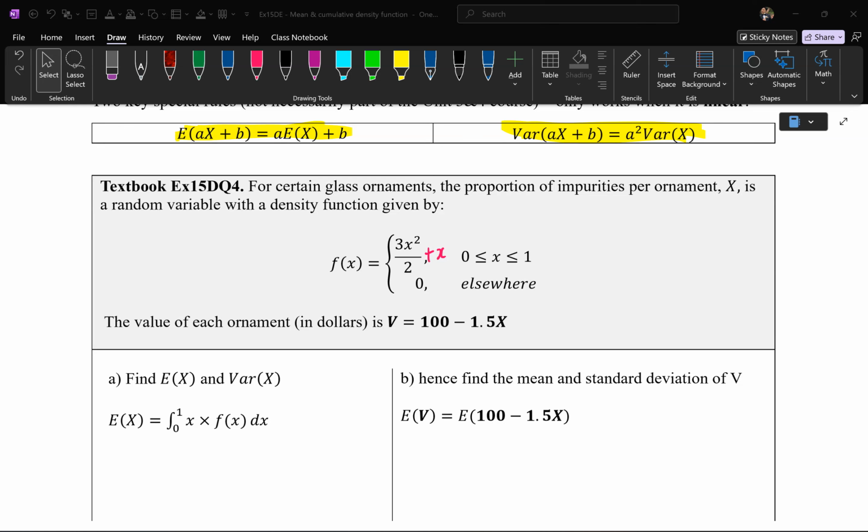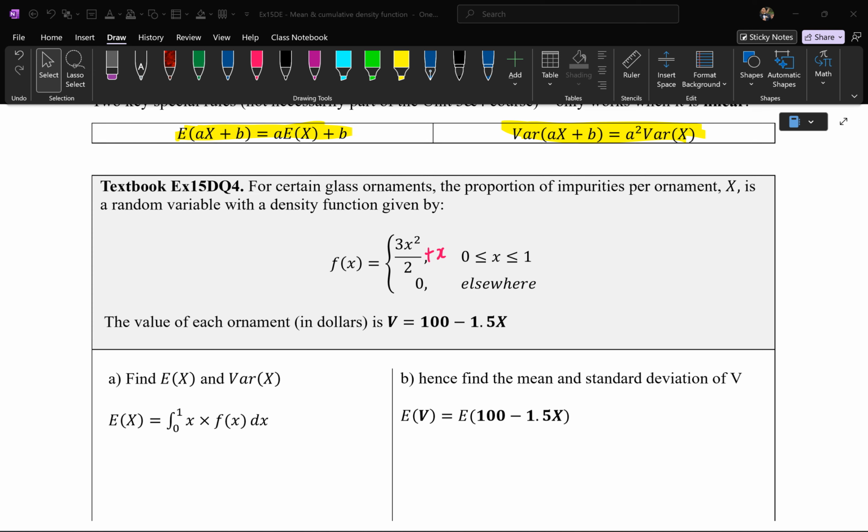It's a what? X is a random variable with a density function. So we know density function, hence you should be thinking continuity, or continuous random variable. They tell us that this function has 0 to 1, 3x squared over 2 plus x, and then everywhere